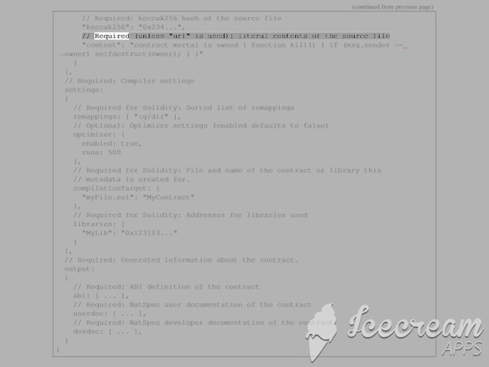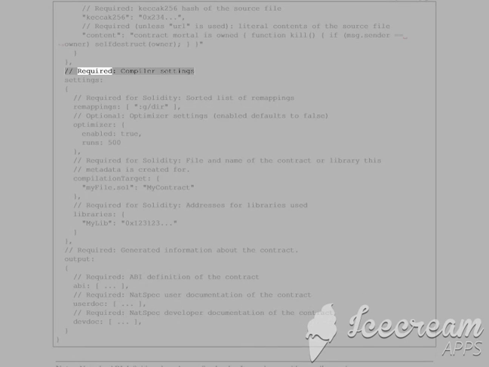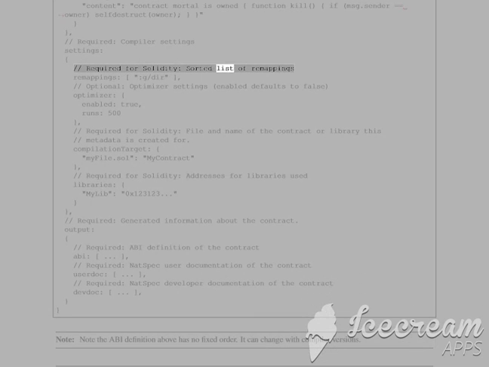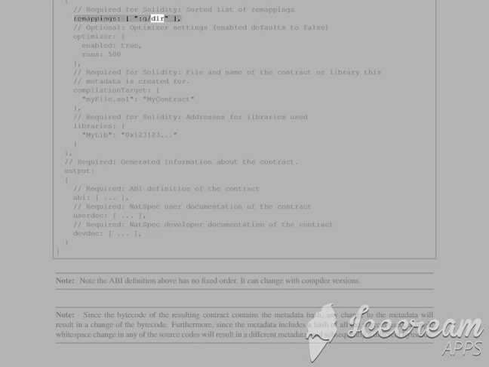0x234. Required unless URL is used: literal contents of the source file, content: contract mortal is owned, function kill, if msg.sender is equal to owner, selfdestruct owner. Required: compiler settings. Required for Solidity: sorted list of remappings, dir. Optional: optimizer settings, enabled, defaults to false, optimizer enabled true, runs 500. Required for Solidity: file and name of the contract or